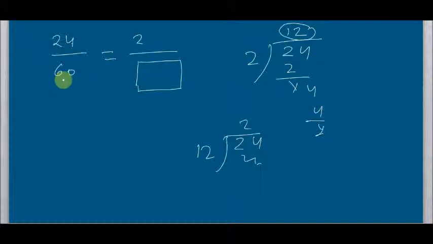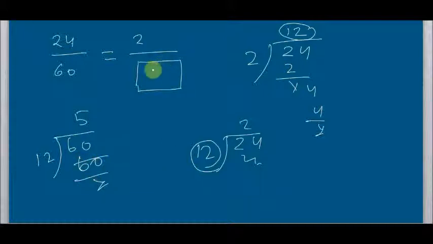Similarly, if we divide 60 by this quotient 12, we will get the denominator of the second fraction. So divide 60 by 12: 12 fives are 60, so here it will be 5. Isn't it easy? I have discussed it in a long process just to clarify the basic method of how you find the blank. Let me give another example so that you get another clear idea about this.